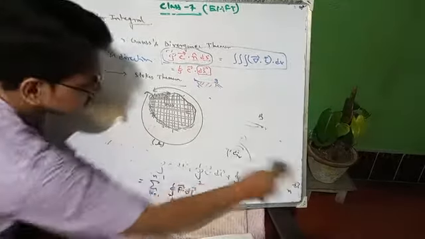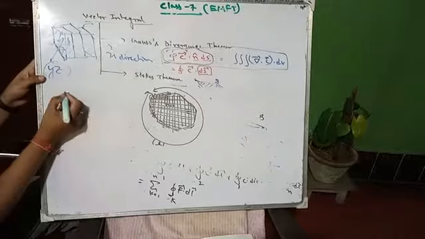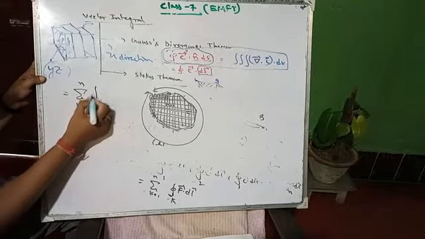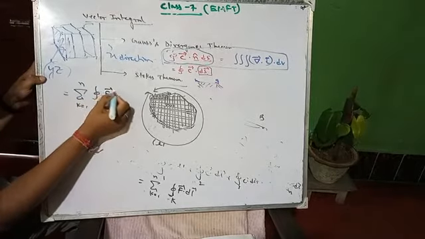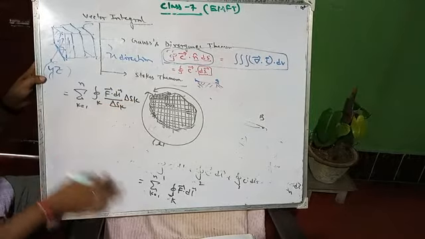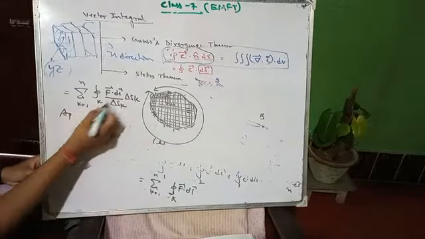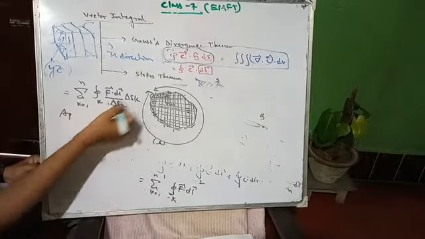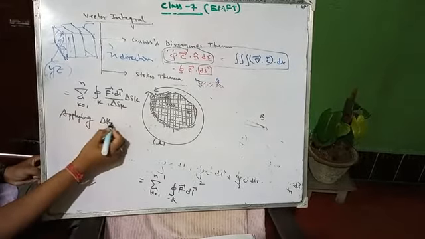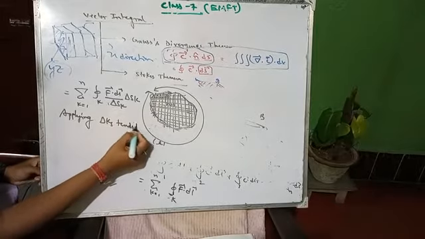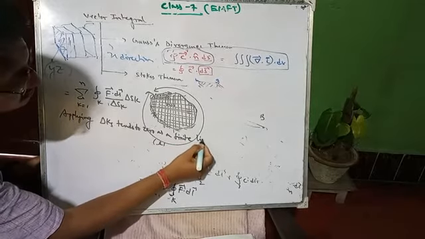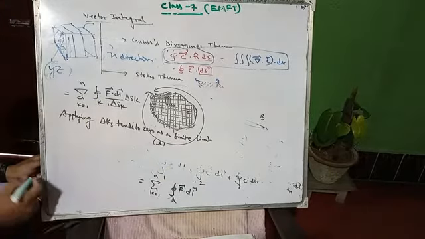So I am writing the next line over here. From here you can write the summation of k equals 1 to n of the closed line integration of f dot dl by del sk, into del sk, right? We are just dividing and multiplying by the same thing. Now apply the limit: del sk tends to 0 as a finite limit.